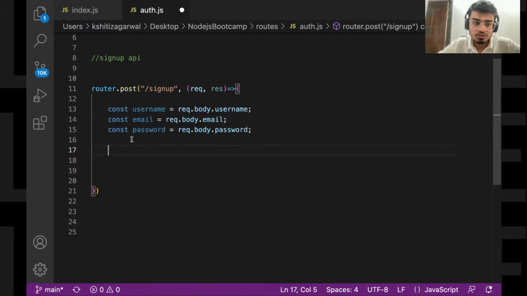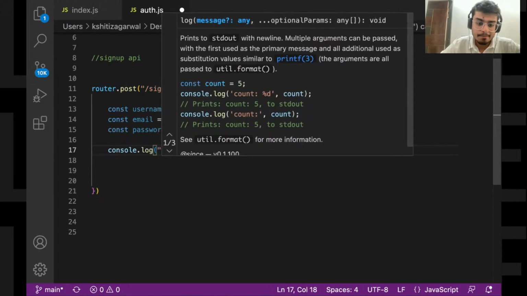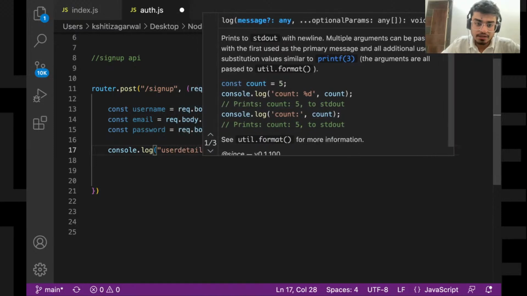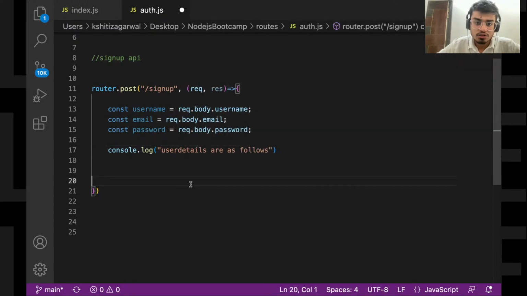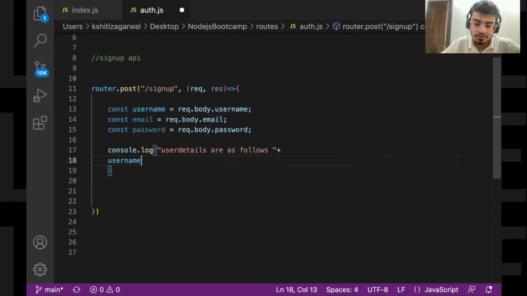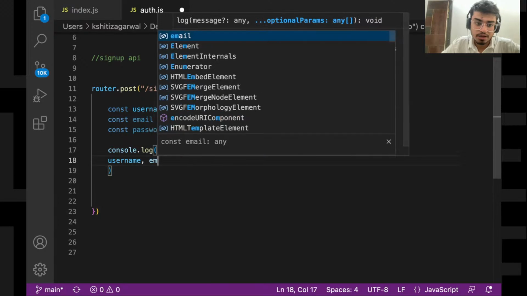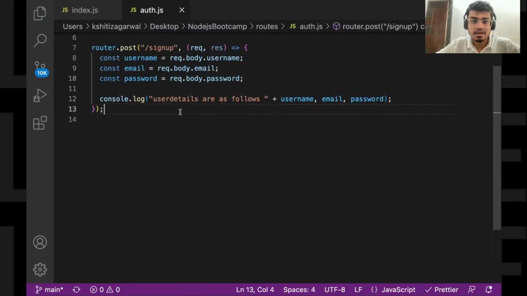So console.log, user details are as follows, plus username, comma, email, comma, password. Like this I'm simply logging.